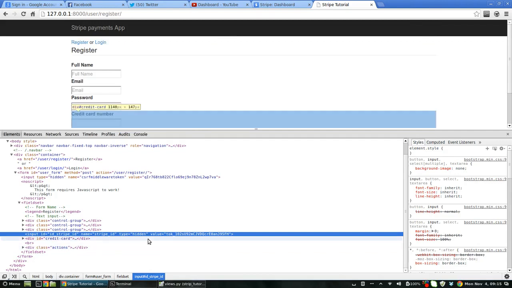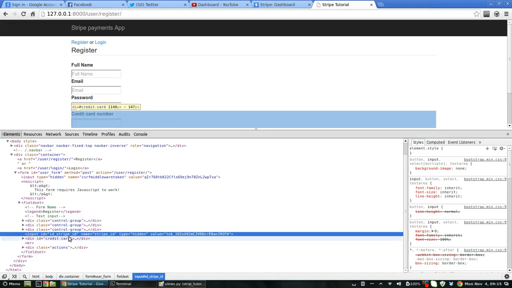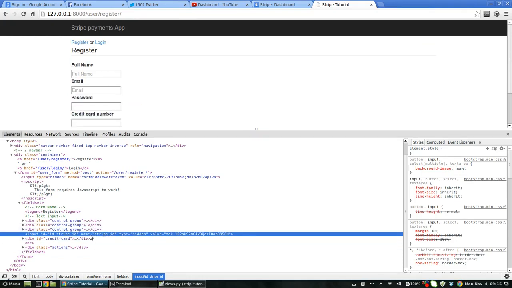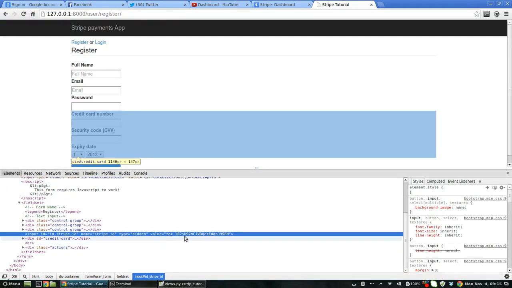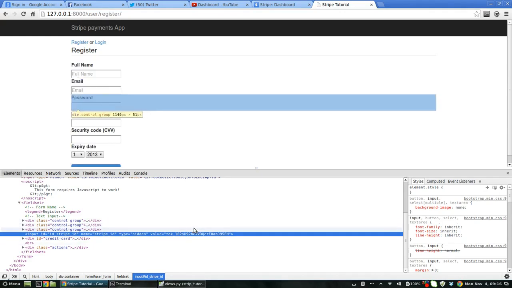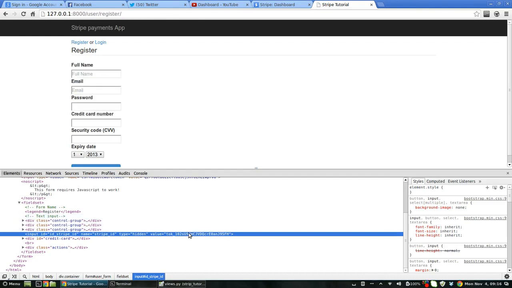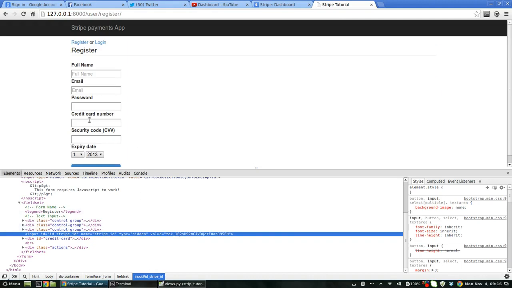So, as you can see, it's an input called ID underscore stripe underscore ID, which is the way that Django identifies fields. Its name is ID. Its type is hidden, so we won't see that on the form normally. And its value is a token, TOK underscore, and then a load of random letters and numbers, which is generated by Stripe. And that will symbolize the credit card values that are stored in Stripe's system,